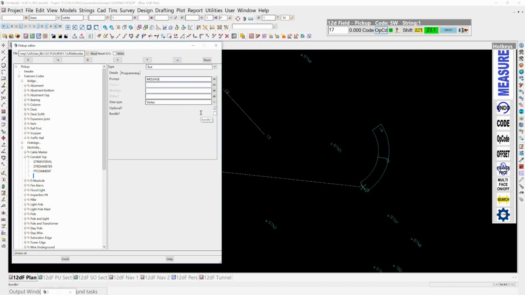So here I'll just put in a message as the prompt, and it will allow me to put an output of a message again. And the message, if I want to do, is top of conduit. Spelled correctly. And I can have that as a default, it'll default to that message,